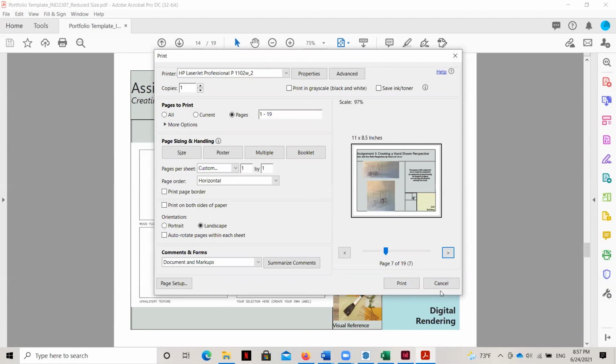And that is how you save and package your portfolio into its own file on your computer. As a part of that packaging, it exports to a PDF, which you can then condense and then print or transmit very easily.